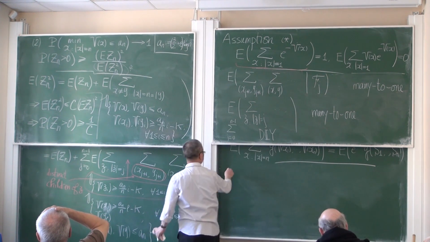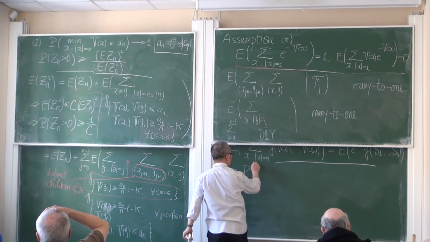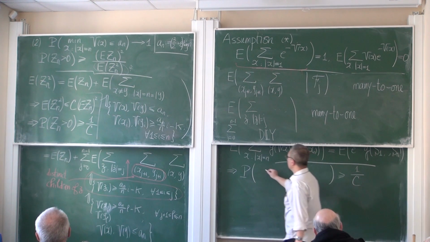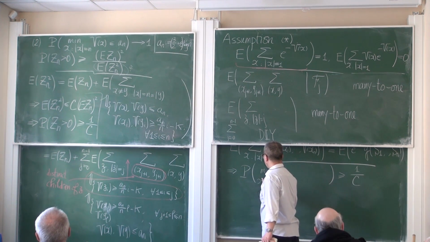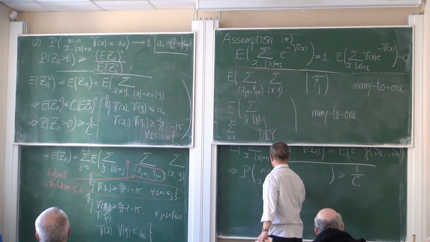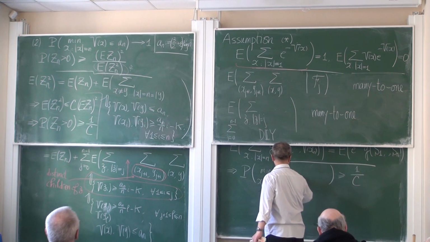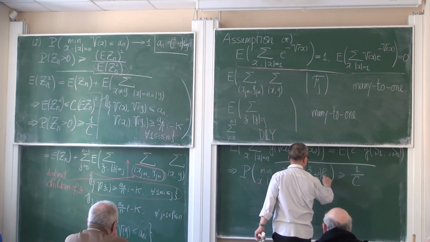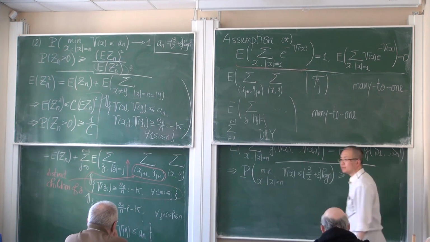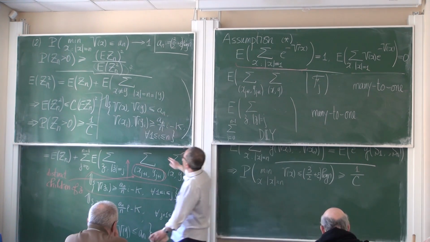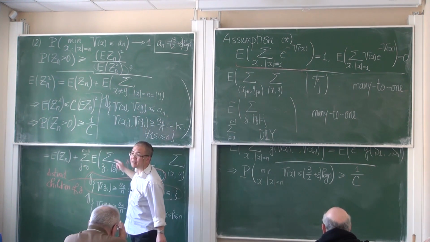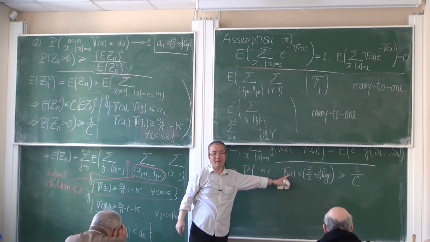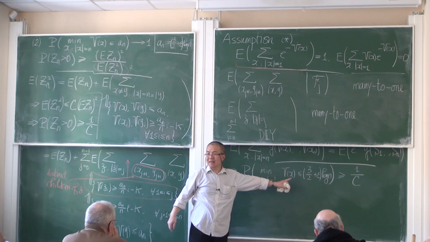So at the end, what I get is that with probability at least 1 over capital C, the minimum value at the nth generation is at most 3/2 plus epsilon times log n. It's very nice, but my claim in the second part of the theorem is that the probability is 1, not just a positive probability. Okay? So there is one last thing missing,